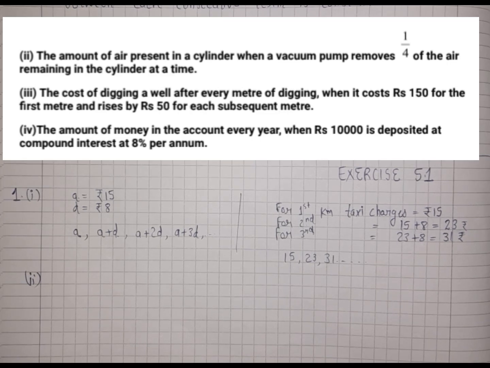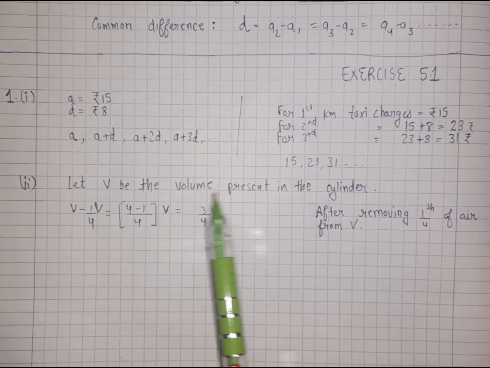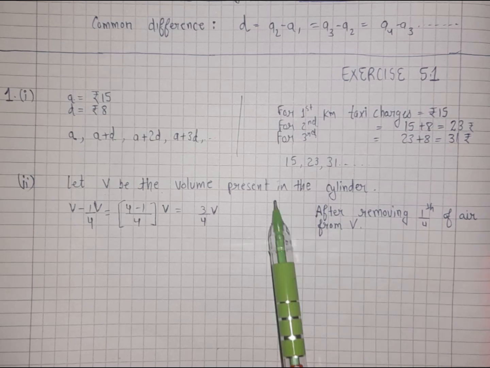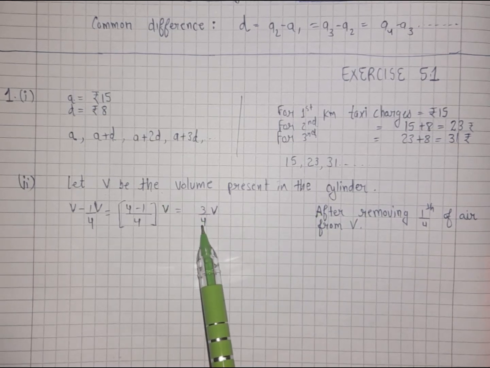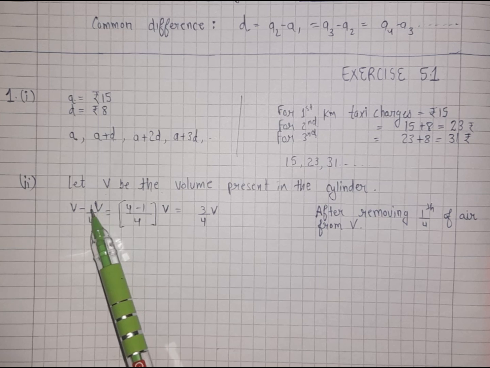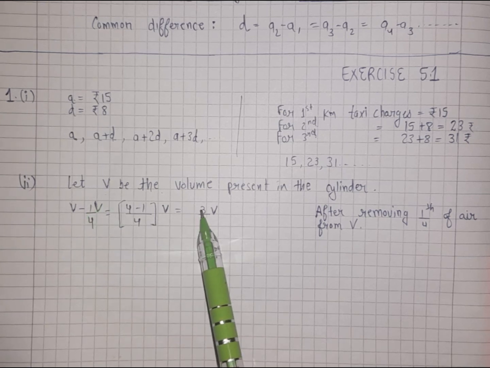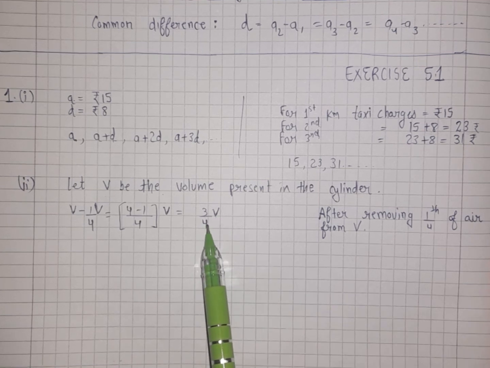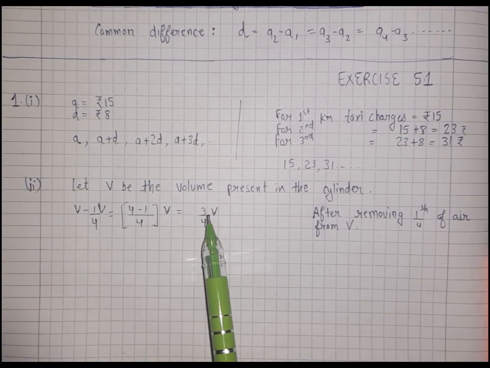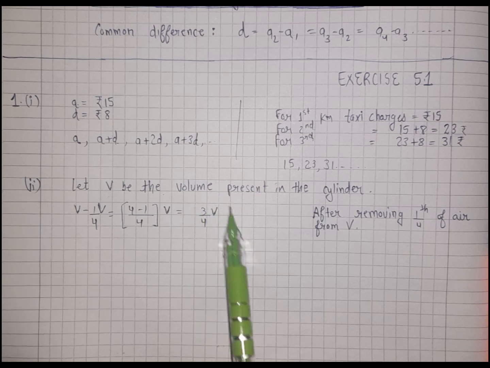Second part, the amount of air present in a cylinder when a vacuum pump removes 1/4 of the air remaining in the cylinder at a time. Let V be the volume of air present in the given cylinder. Then after removing 1/4 of the air from the cylinder, we are left with 3/4 of the volume. That is, the given volume minus 1/4 of the volume equals 3/4 V. Now in the cylinder we have 3/4 volume of the air. Then again removing 1/4 part of the air from the cylinder, we have